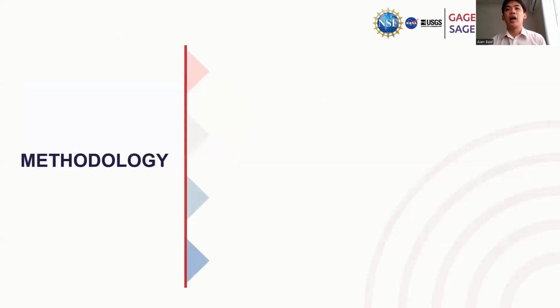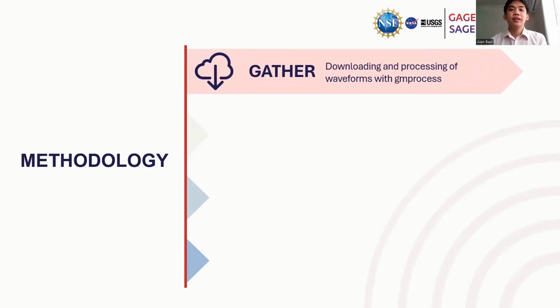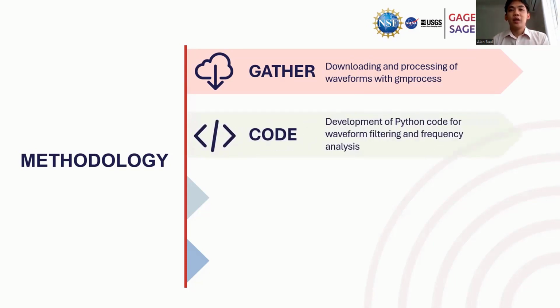In order to achieve our objectives, we have utilized this methodology. First, we gather the data by downloading and processing the waveforms using GMprocess. Then, we proceeded with the coding phase, utilizing Python for the project. Notably, we employed a set of frequency ranges instead of determining the precise frequency values that control the PGA and PGV,